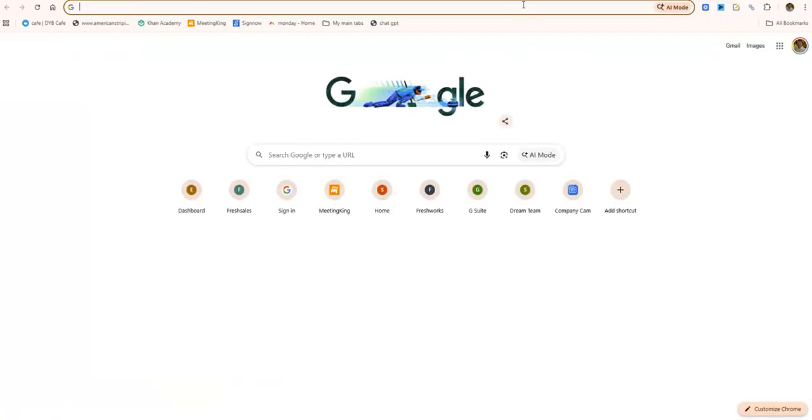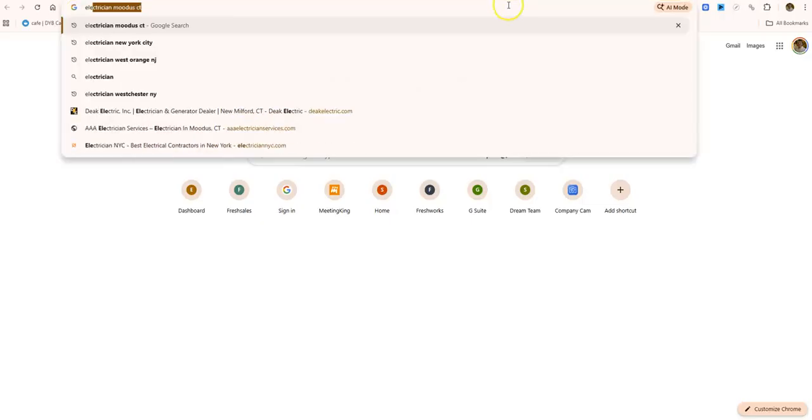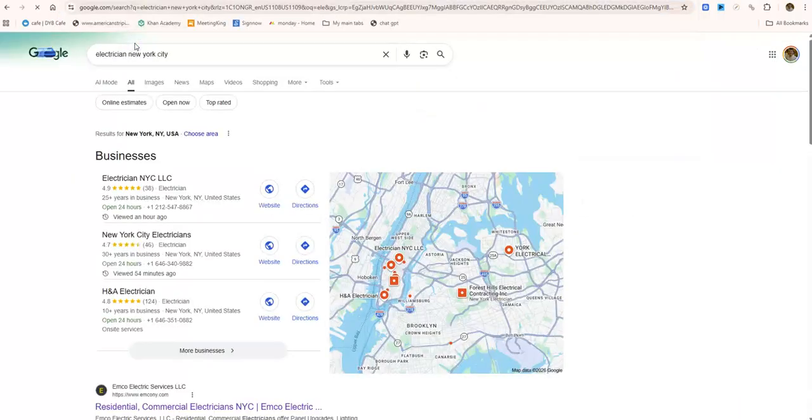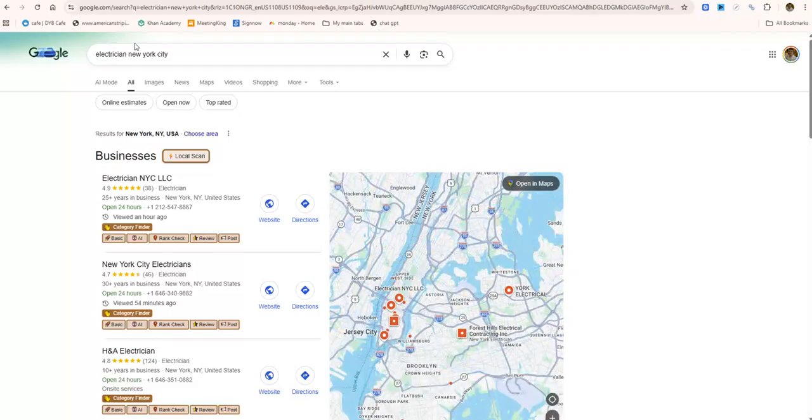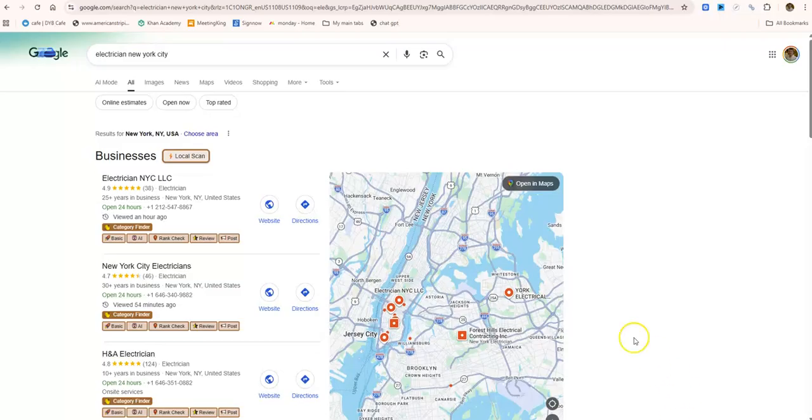Citations are directories. A directory gives your name, address, phone number. It has to be accurate across the internet. Like the same exact. If it's street, it's ST period. If that's what it is on your Google business profile, then it's got to be that way on all of them. Google won't recognize any that are off, even one capital letter will make a difference. So it's very important. We recommend 150 directories to get into and stay on the map pack.